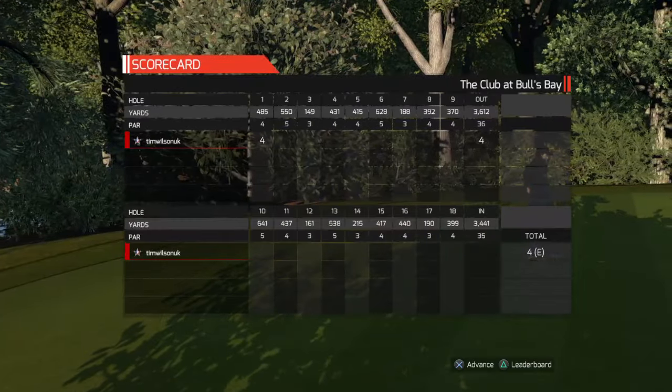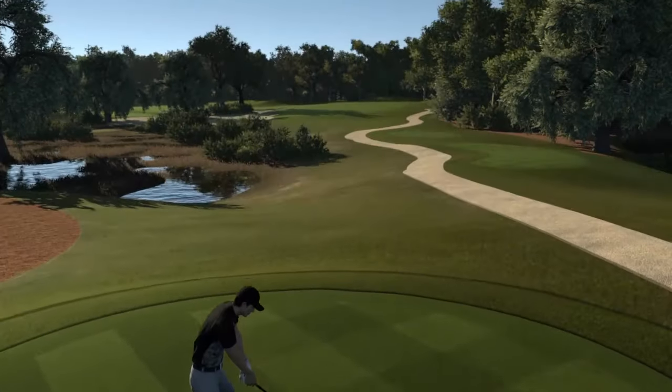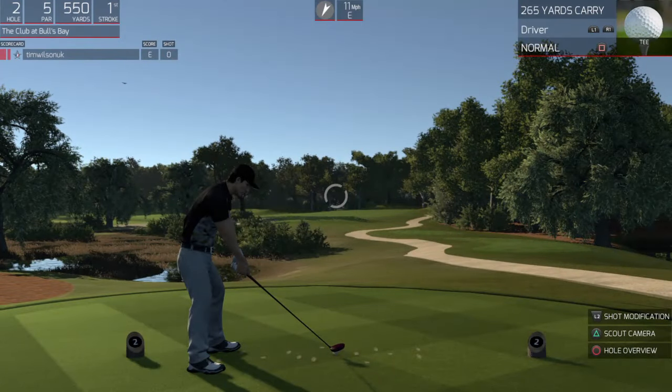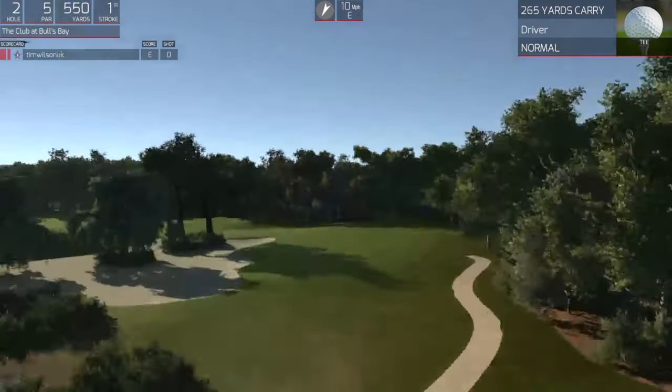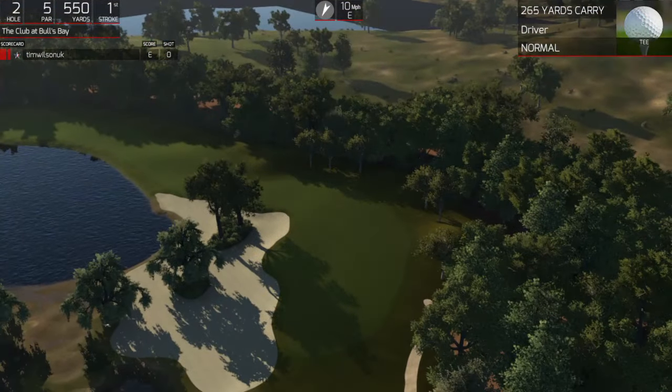That's a par to start with, and we then drop straight into a 550-yard par 5. Let's have a look at the overhead here. We've got the cart paths in there, which is always good. Let's zoom out. Ooh, this is a nice looking hole. So we've got this big sort of